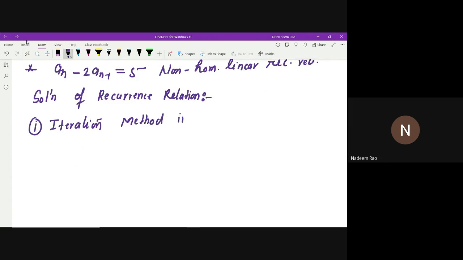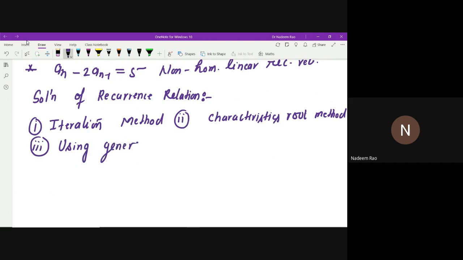Second, characteristics roots method. And third one is using generating functions. For example,